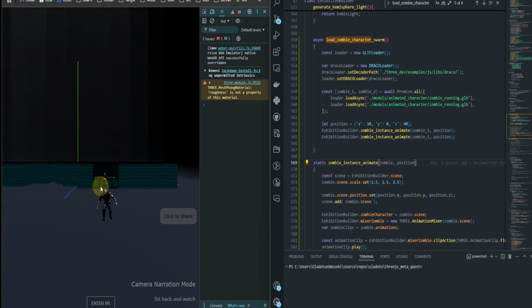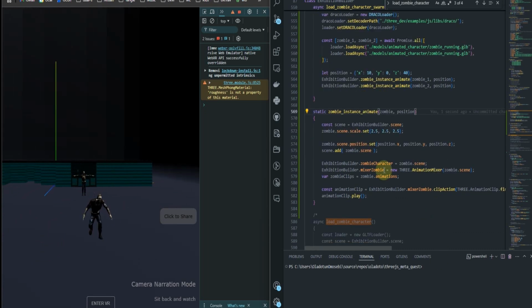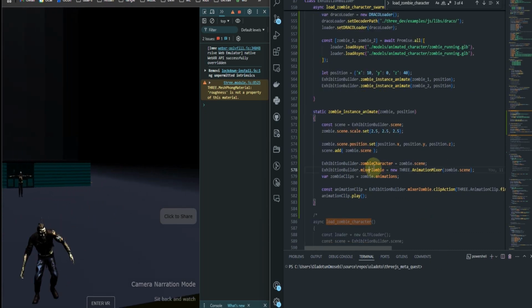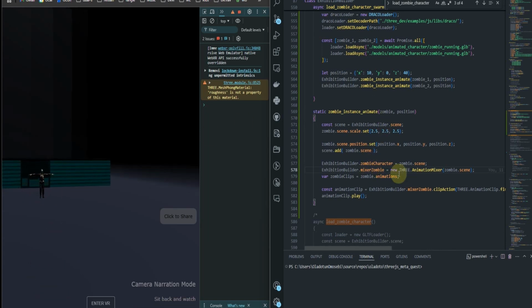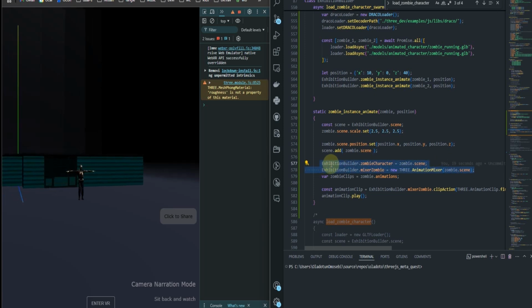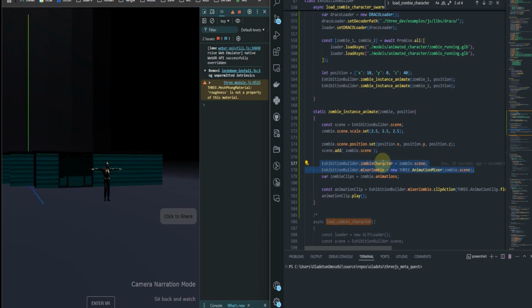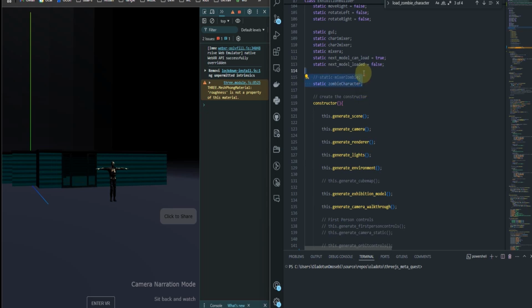So zombie 2 is not running, and that's because we have a single variable for the mixer for the zombie 1. So what we're going to do is create a map of this, so we can add each zombie to a zombie character map and a zombie mixer zombie map. I'm just going to go to where I've declared variables and